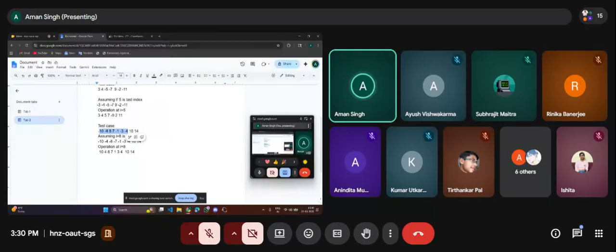So we can make all these elements negative, and thereafter, after making all the elements negative, we can use the operation at index 8, and we will be able to convert all these elements to positive, and the current element will become negative. In a similar way, we can do this for every index.